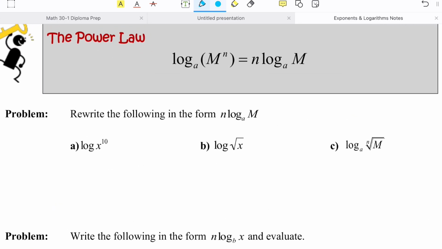Okay, the next law is that you are supposed to